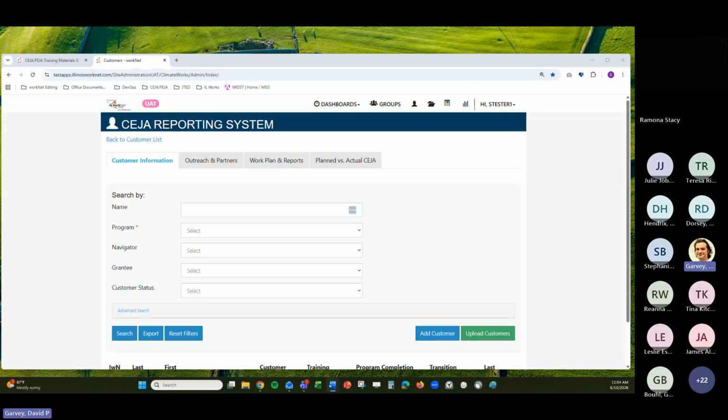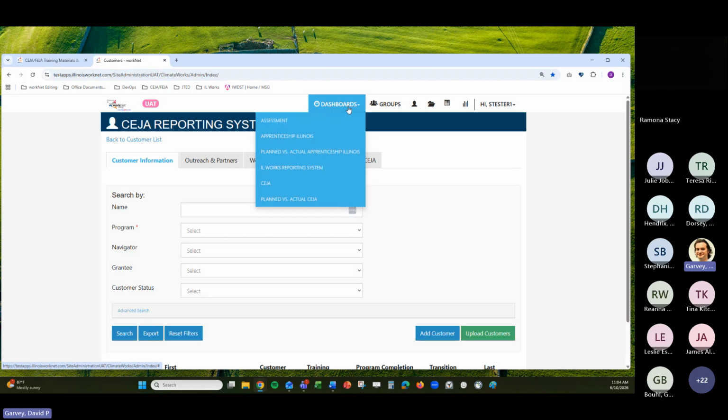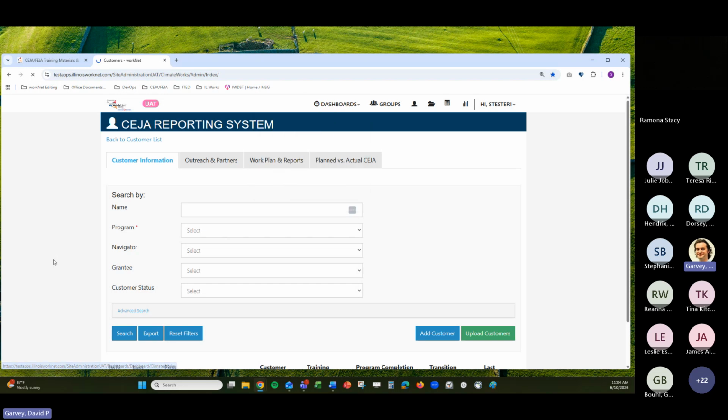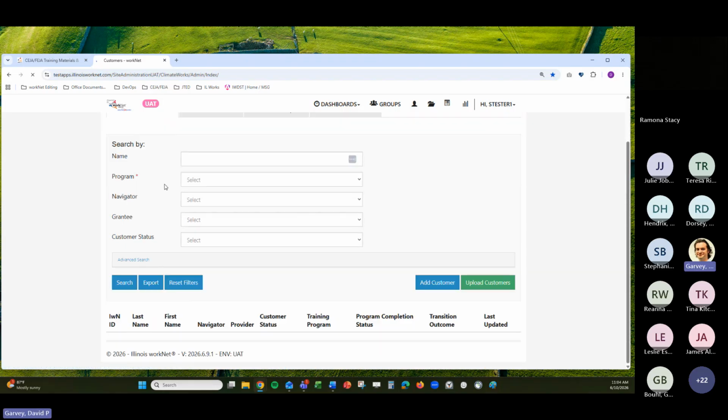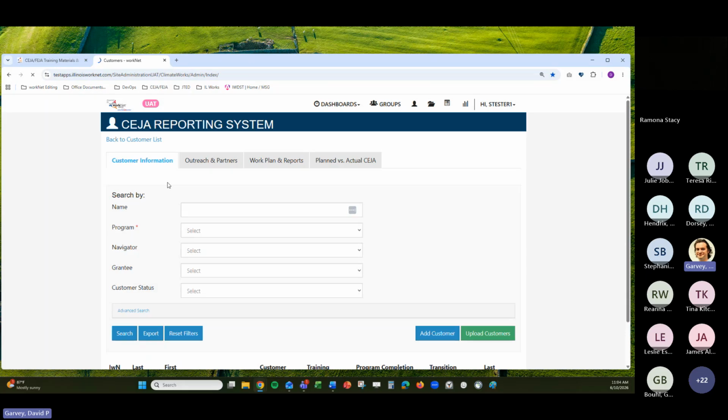Okay, so for reports, the first one that we're going to take a look at is the dashboard report. I'm logged in as a ClimateWorks grantee, but to access the dashboard report, once we are logged into the system, we can select this dashboards dropdown from up here and select CEJA. And this will take us to the dashboard report where we'll be able to see a color-coded table of our